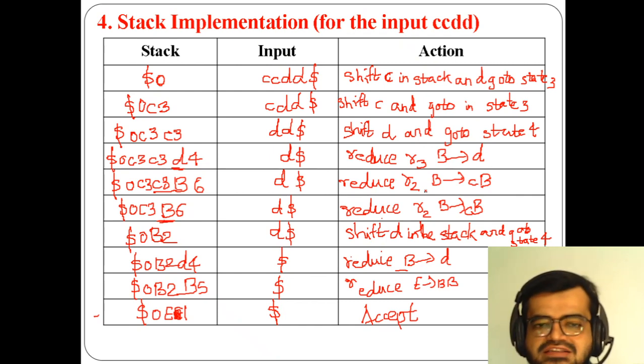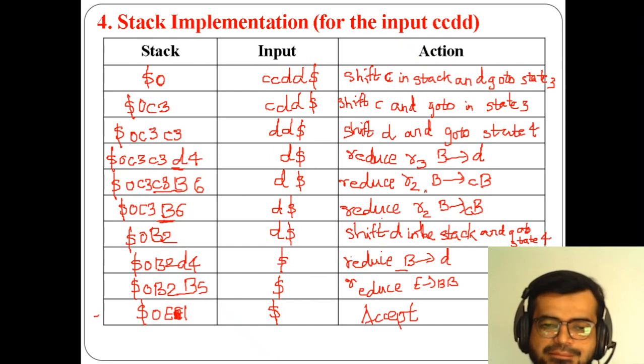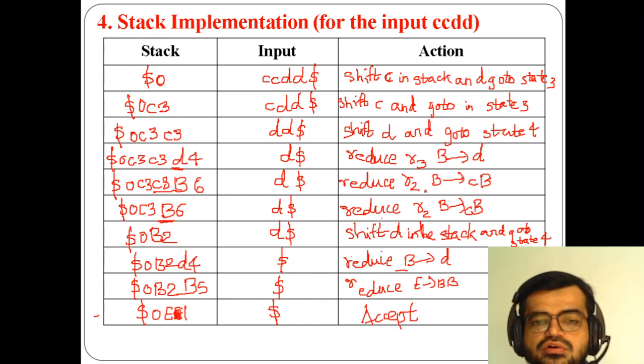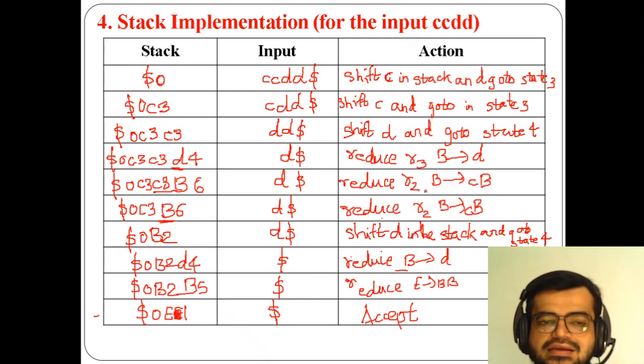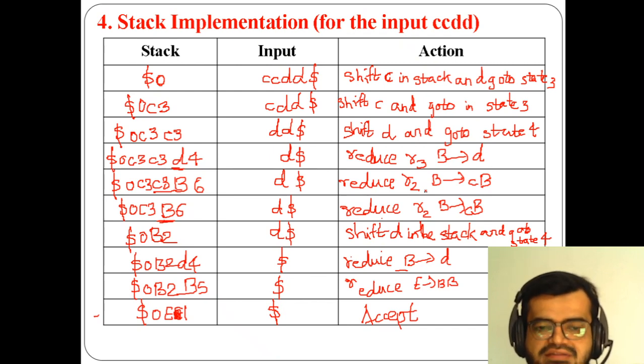So I'll give you one more example. I'll be attaching a link of that in the description. You can verify that example, the other example which was there previously. That example is of a grammar which is not LR(0). In that a conflict will come, so you'll get clarity on how you can determine whether the given grammar is LR(0) or not.